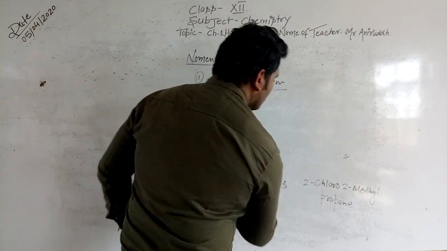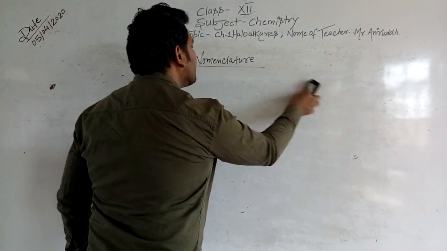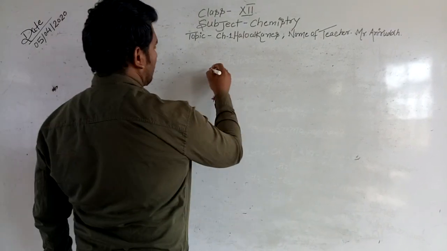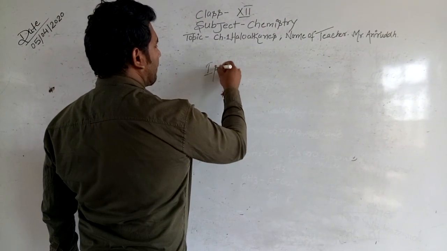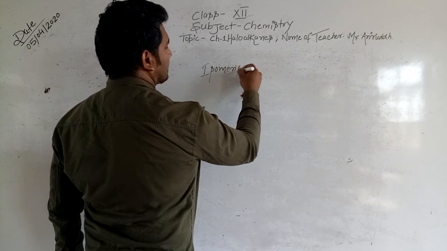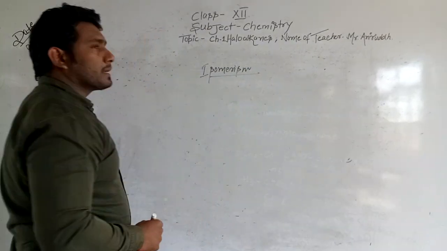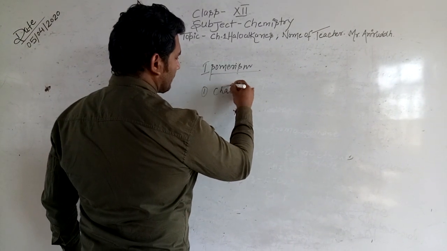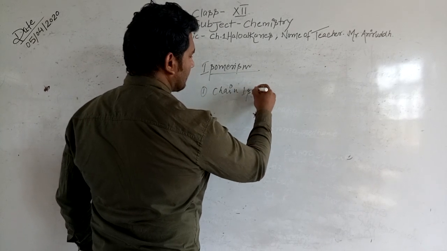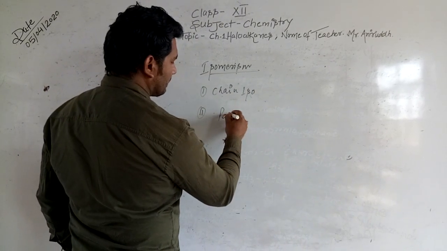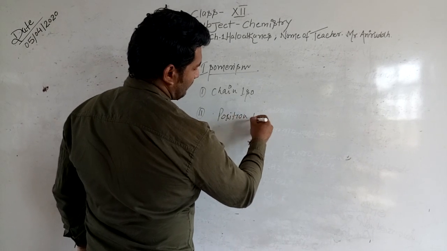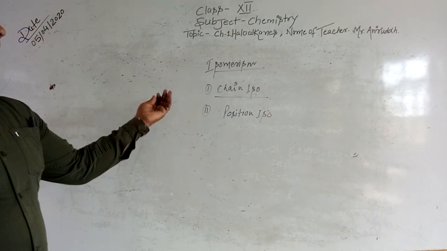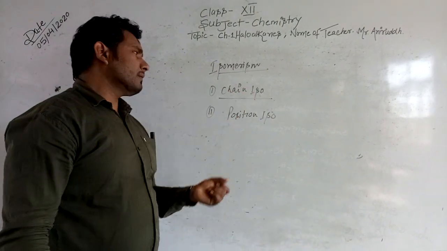So this is the IUPAC nomenclature for haloalkane. Now isomers. There are two types of isomers present in the case of haloalkane. The first one is called chain isomers, and the second one is called position isomers. Chain, already explained in the previous topic, chain isomers, due to differing the chain, the name and properties of